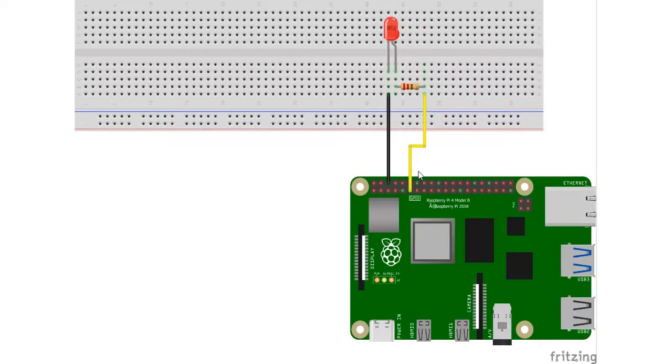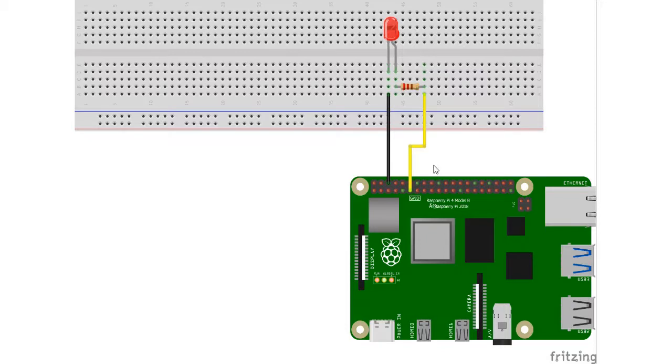So coming back to the connections, we have a simple circuit here. So we connect the cathode pin of the LED to the ground pin of the Raspberry Pi, and we use the resistor at the anode end. So in the project hardware I've used a 1 kilo ohm resistor. So one end is connected to the anode pin of the LED and the other end is connected to any of the GPIO pins on the Raspberry Pi. So specifically GPIO 18 in the BCM mode is used to supply the PWM signal for PWM based output. So we would be using the same here in the project.